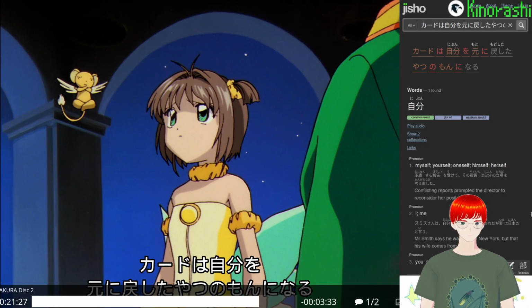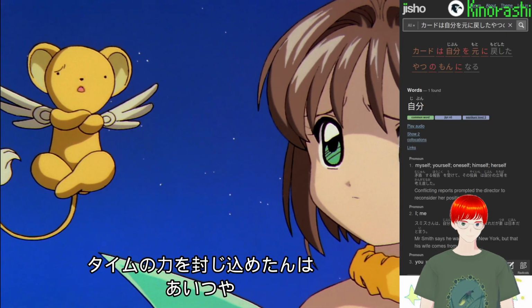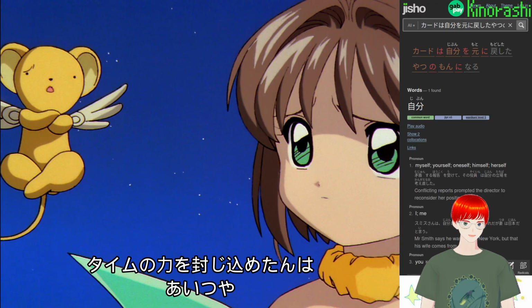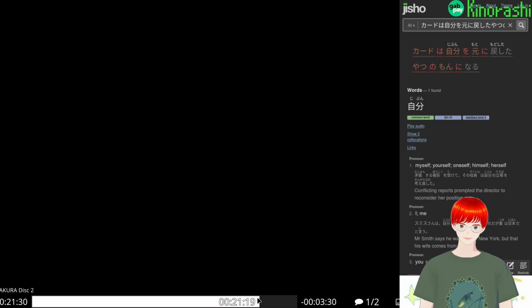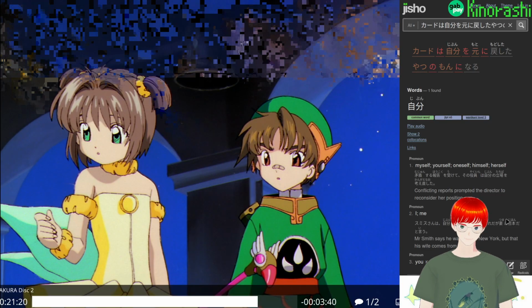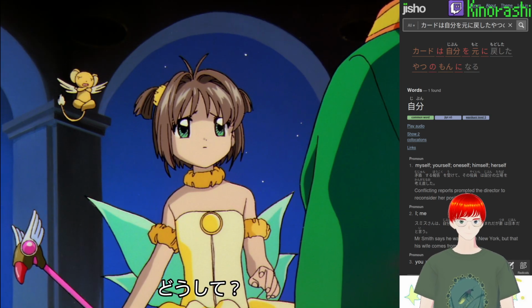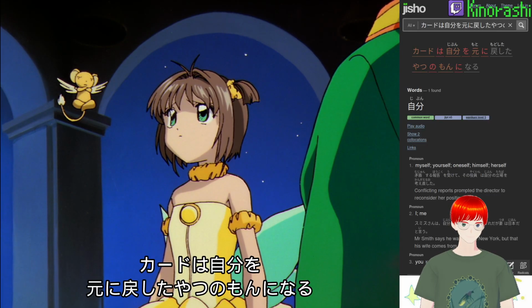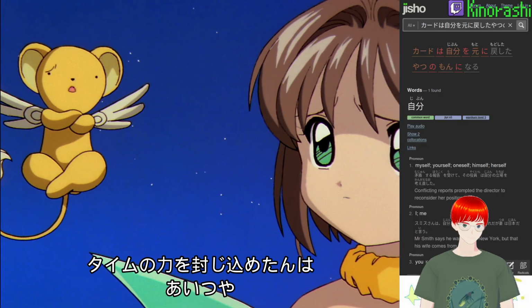元に戻したやつのもんになる。私封印したよ。タイムの力を封じ込めたんはあいつや。 タイムの力を タイムの力をどうしてカードは自分を元に戻したやつのもんになる。私封印したよ。タイムの力を封じ込めたんはあい 封じ込めた